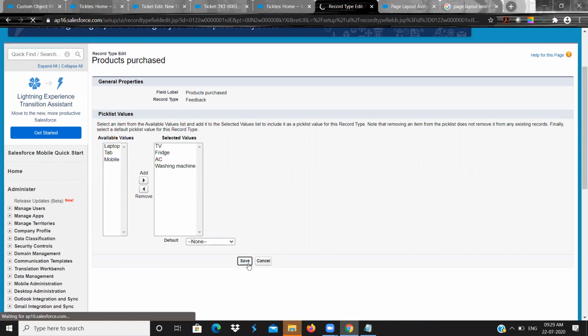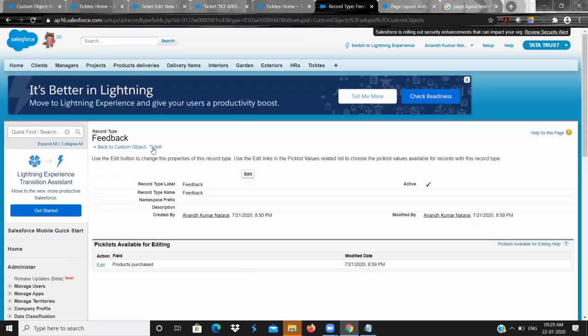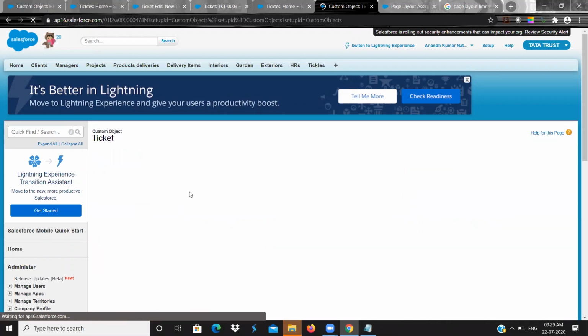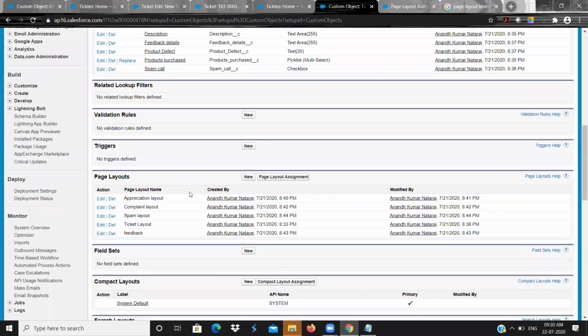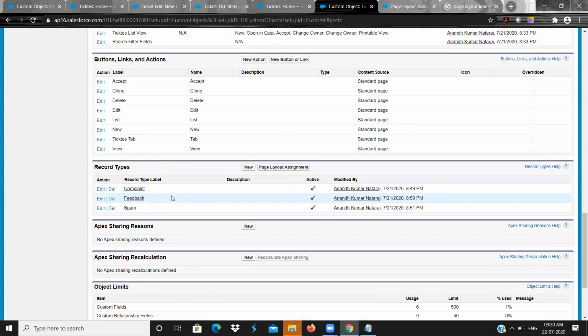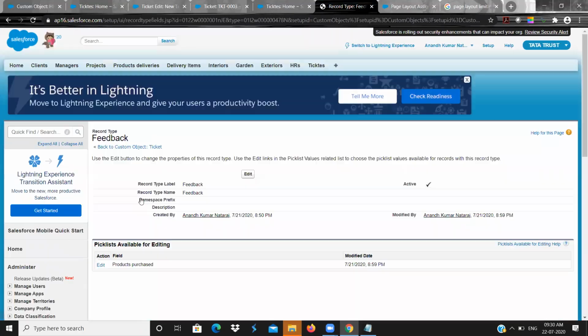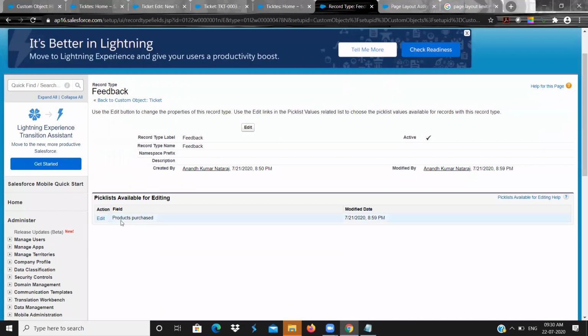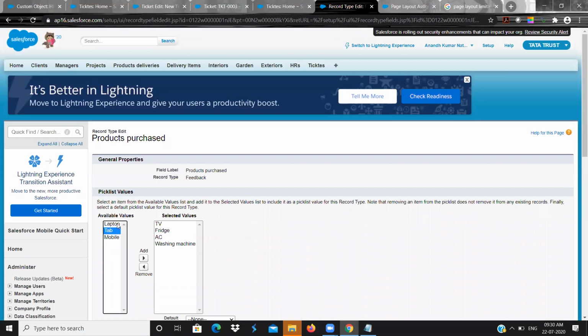So consider a situation with the feedback record type. In this feedback record type, I can control pick list values. Only one pick list we have, that is the pick list multi select, and that one is showing in the record type. Other fields it will not show. So here I am removing the values of laptop, tab, and mobile for only this record type. Why? Because I am selling these items from a third party, so I cannot get feedback.